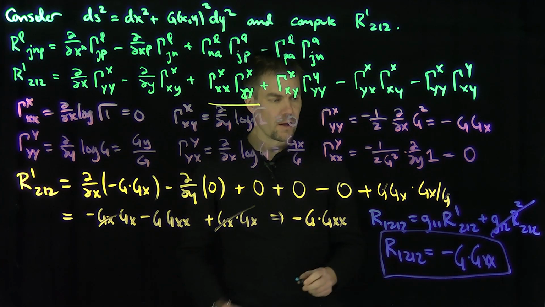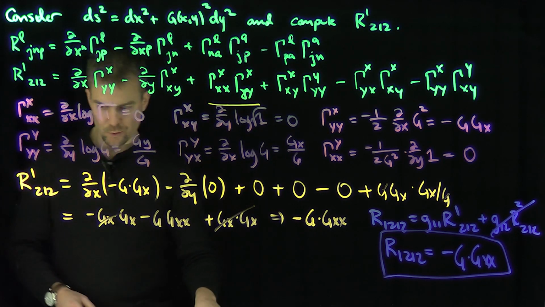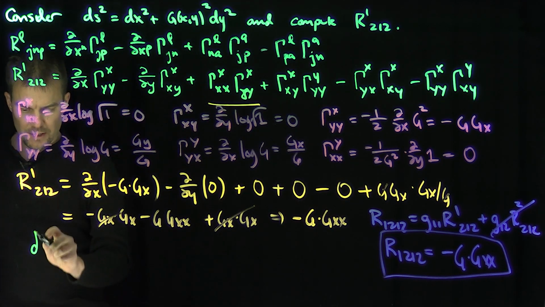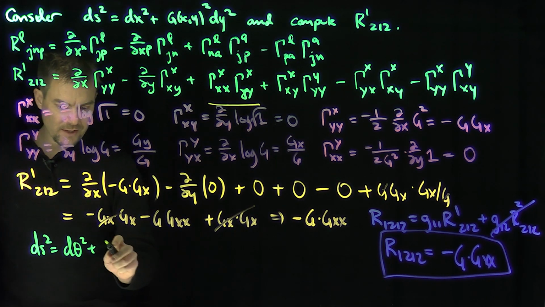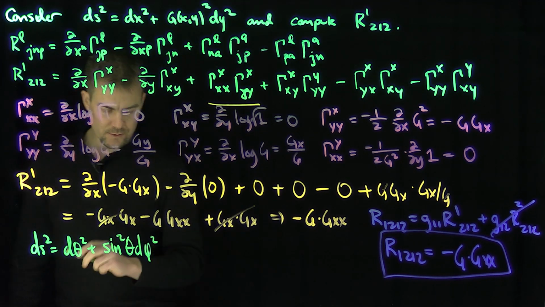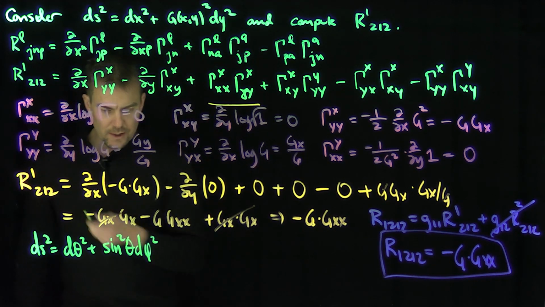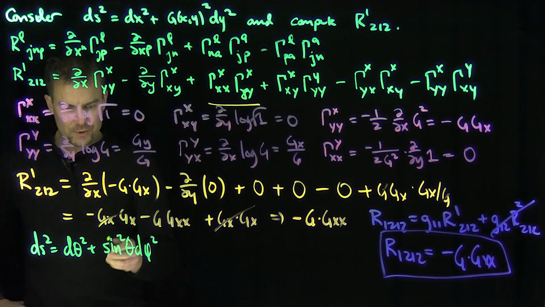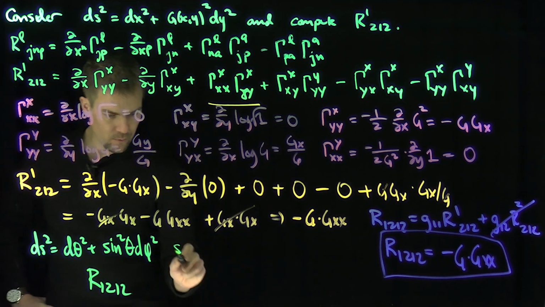Beautiful. Okay. Now let me apply this result to our metric tensor on the sphere, right? So on the sphere, what do we have? So on the sphere, our metric is ds squared equals d theta squared plus sine squared theta d phi squared, right? So now, of course, my g is really going to be sine of theta, right? So let's tell me that R1212, and this is, of course, the unit sphere,